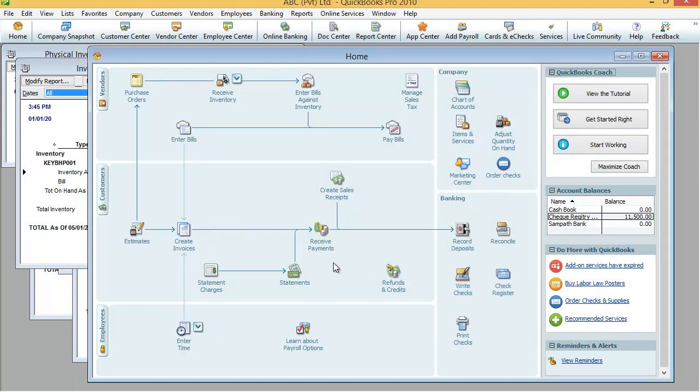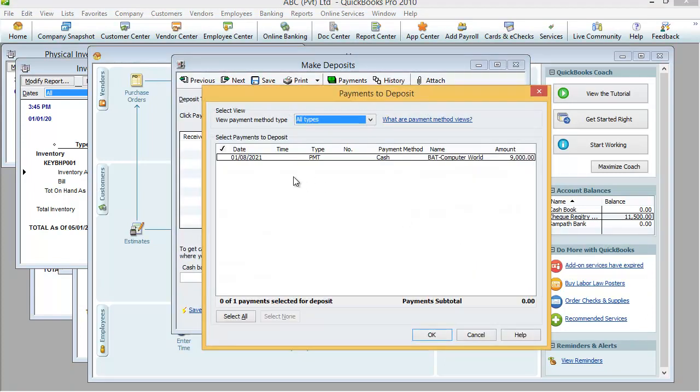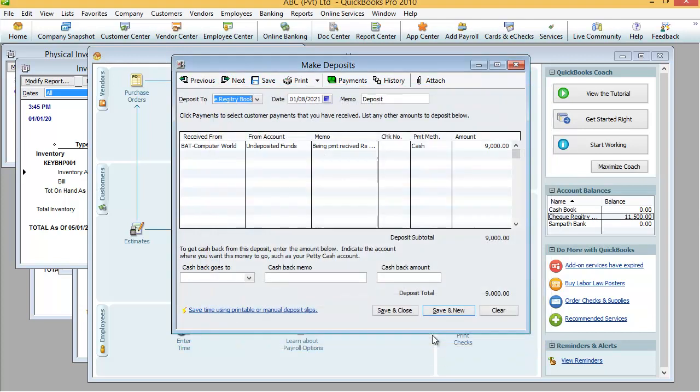Once we click save and close, the first step of the collection is over, and we have to do the second step. How to do this second step? We have to go to record deposit. Click this record deposit. Once you select it, you can notice the payment to deposit window will be there, and select this. After selecting that, click OK.